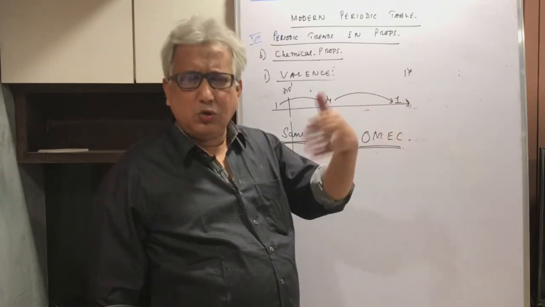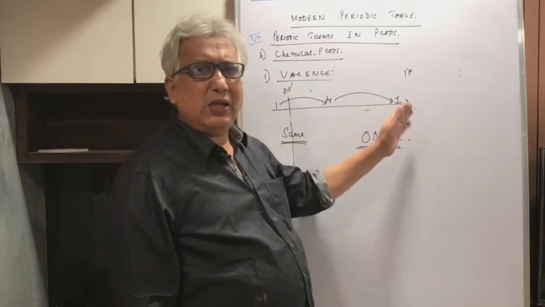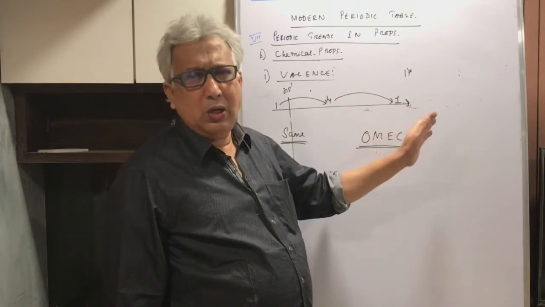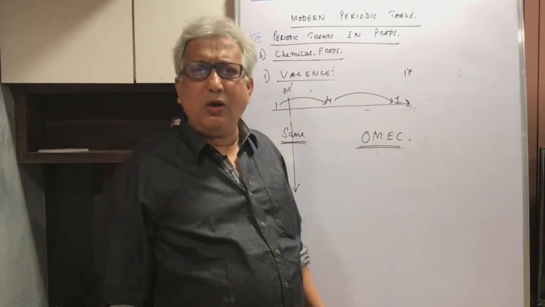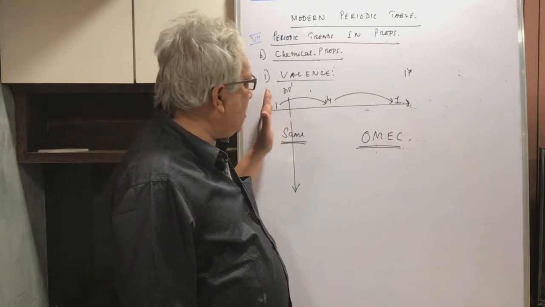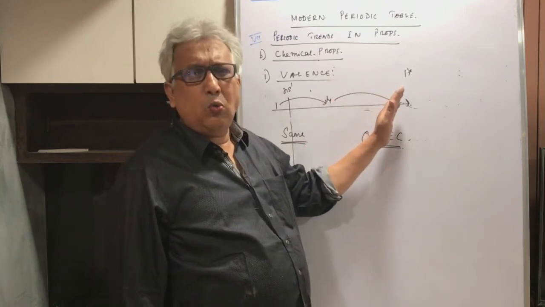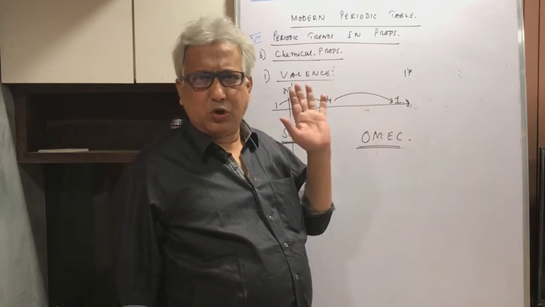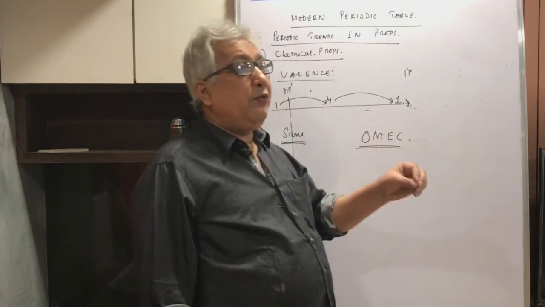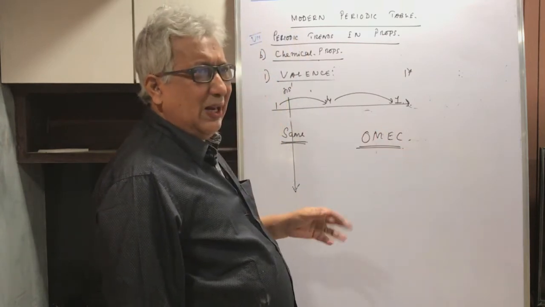Not that it doesn't show other valences. The next one, sulfur, will show a valency of 2, and then chlorine will show a valency of 1. So it first increases from 1 to 4 across a period, and then it decreases from 4 to 1. Of course, there are some exceptions. All right. Now, if you ask me about the transition elements, that is d block elements,